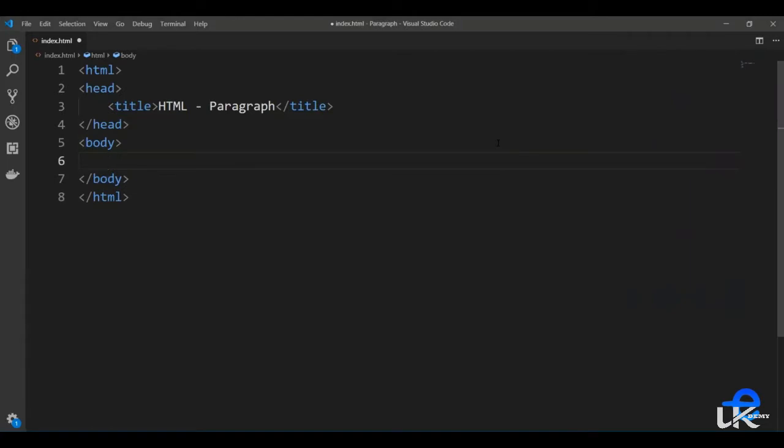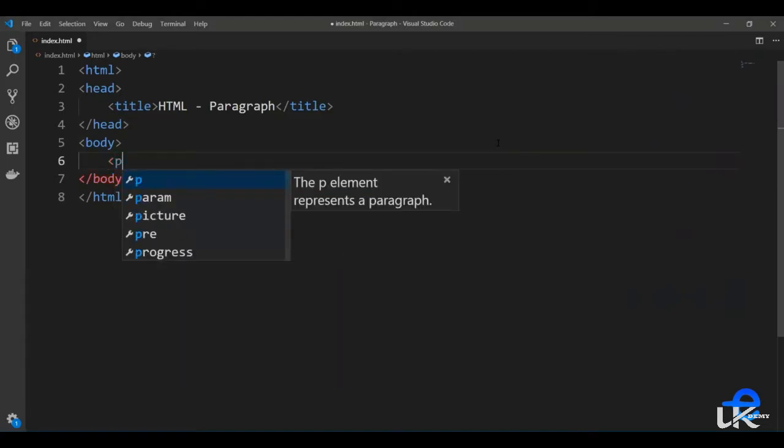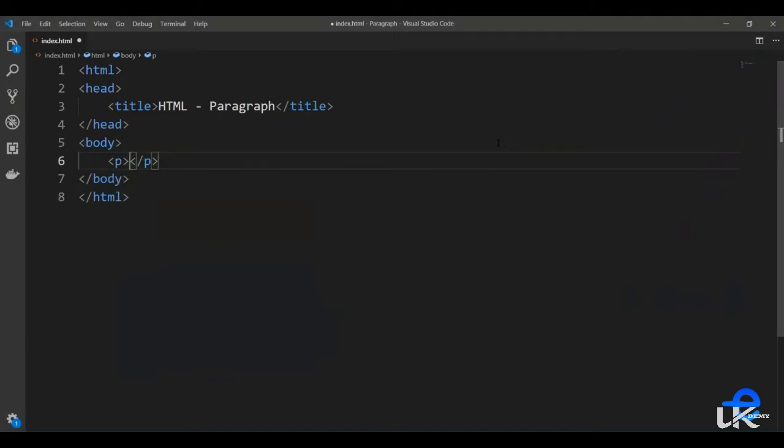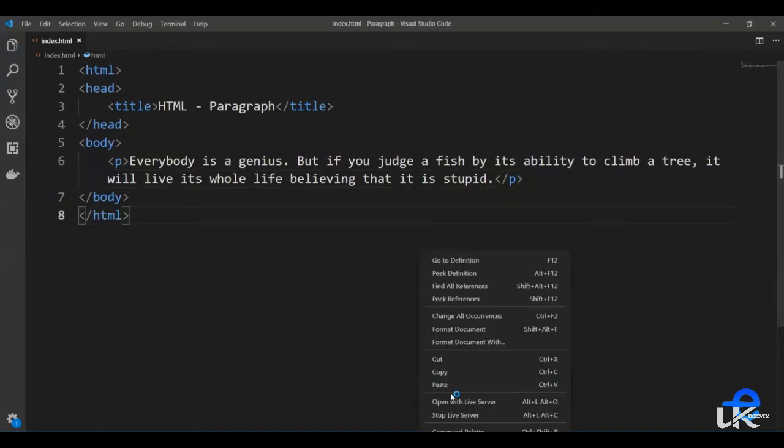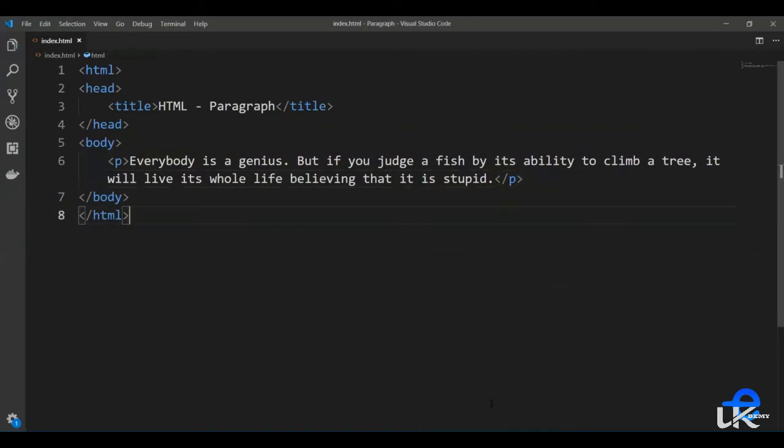So the paragraph tag is alphabet P enclosed in angle brackets. So angle brackets with P, and here you can add whatever text you want. So let's just say this is the text we want here. Let's save it. Let's run our live server. So right click, open with live server,